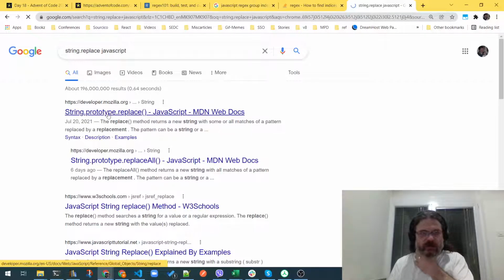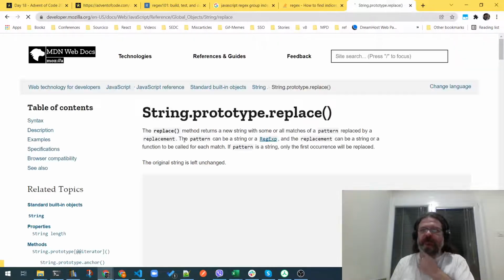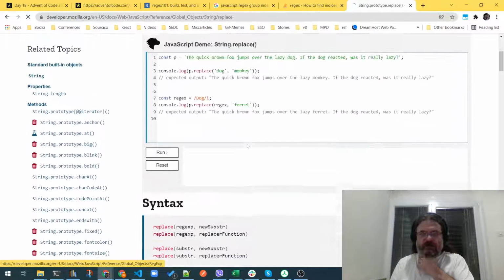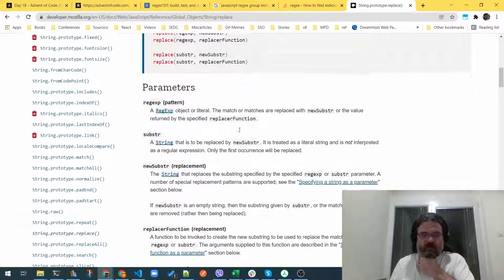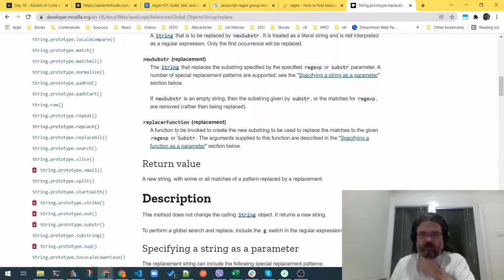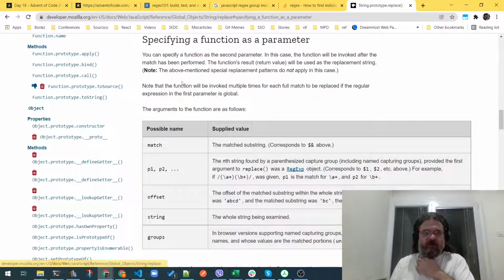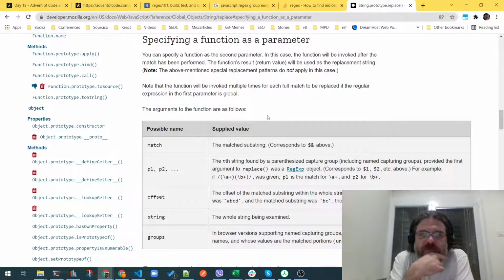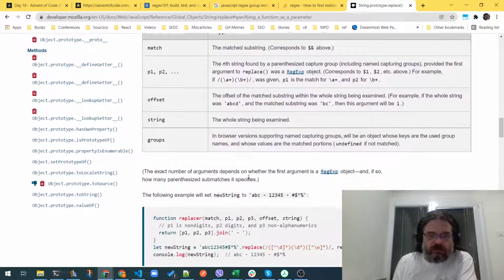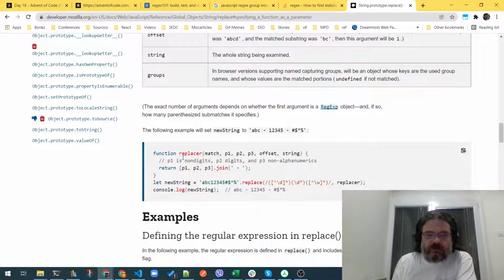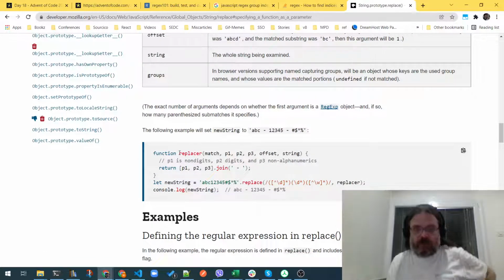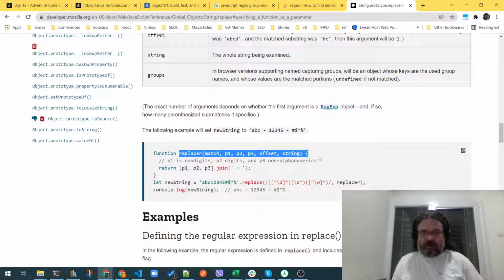What was the replacer function exactly? The replacing function accepts a lot of parameters,